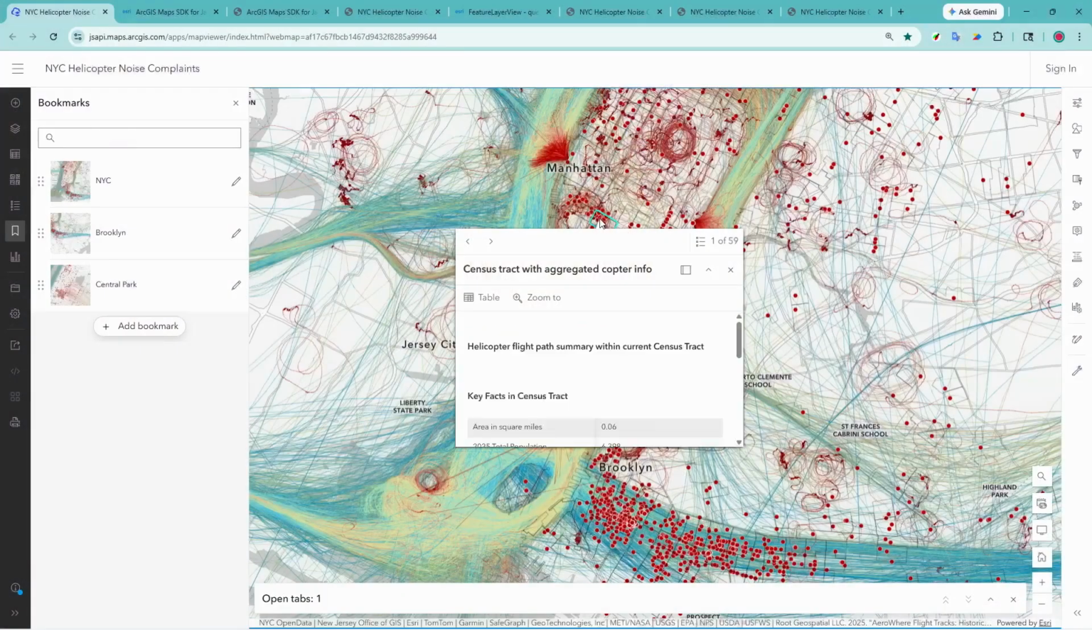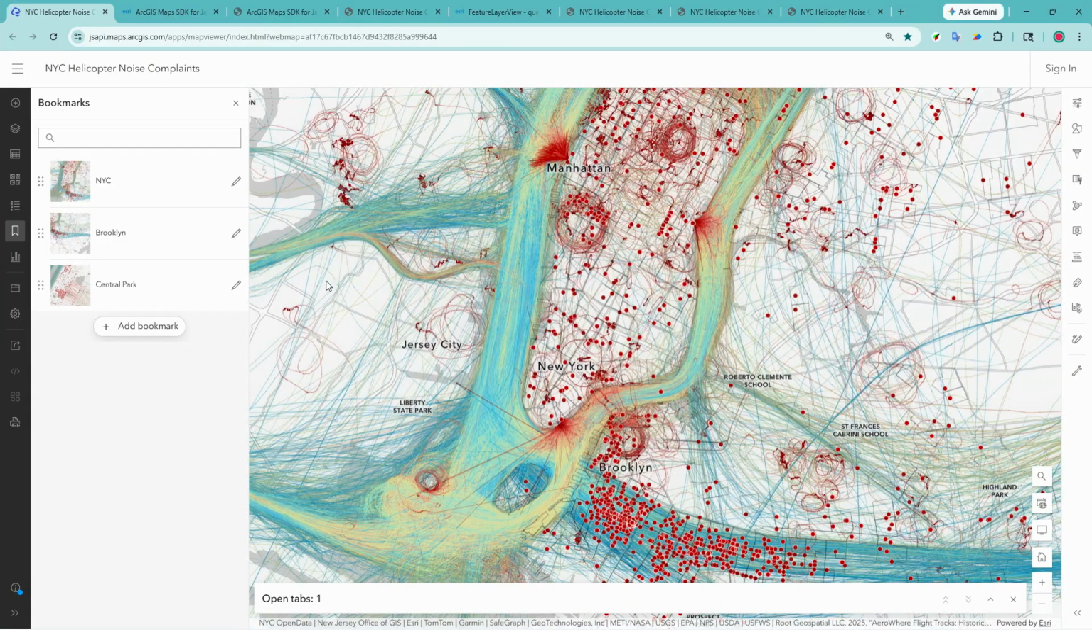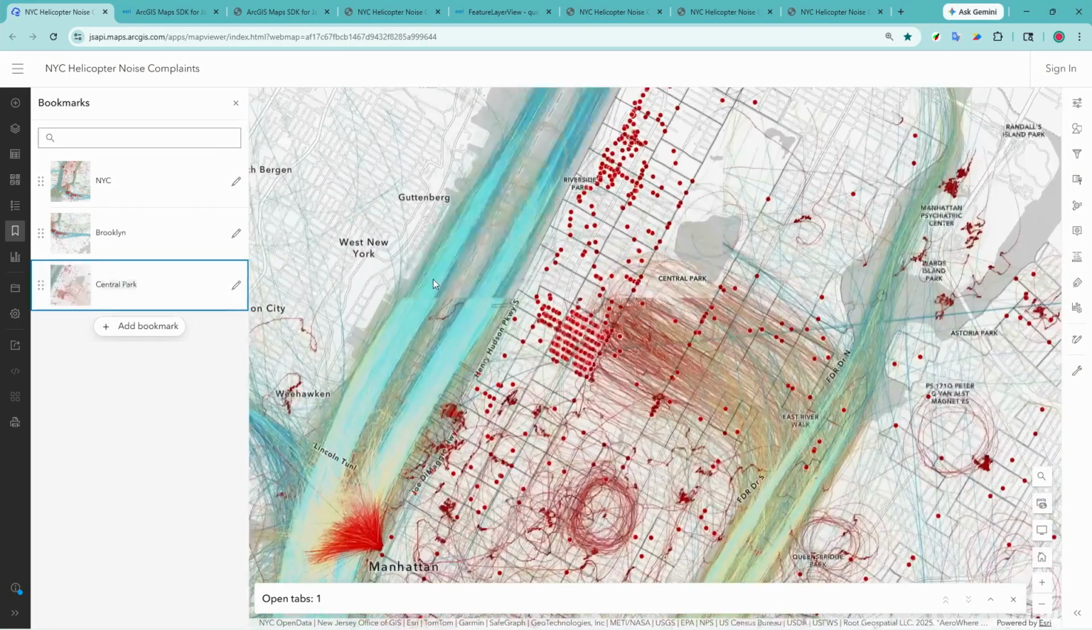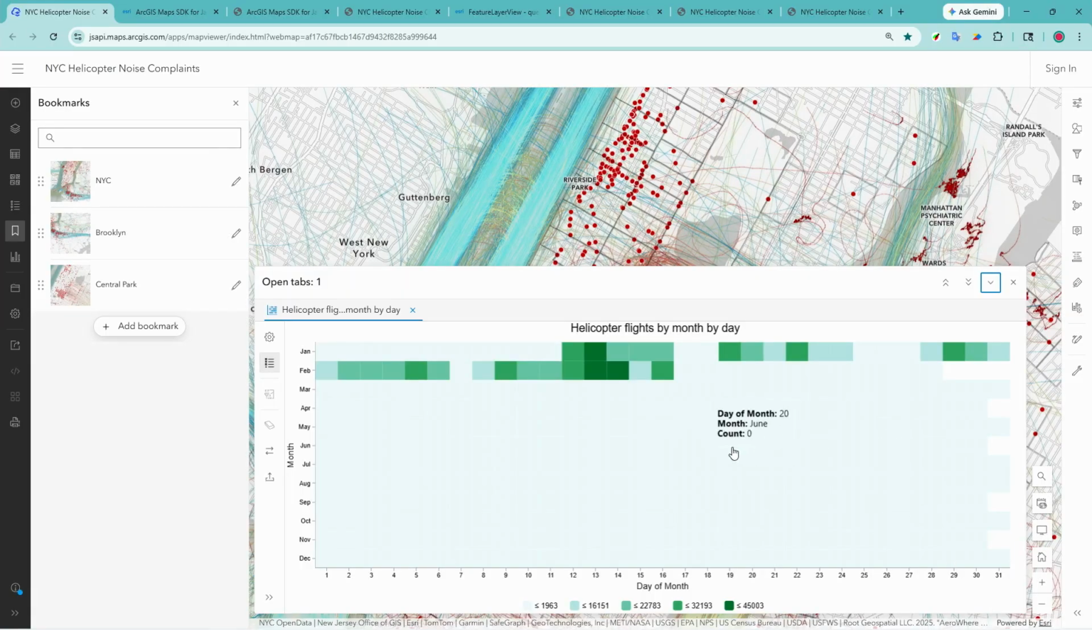OK, here we are in Map Viewer. We're looking at the web map that Jeremy made earlier with the helicopter flights and the noise complaints in New York City. Now, there's a lot baked into this web map. I can click on a census track and see a really informative pop-up. I've got bookmarks here for different areas of interest, like Central Park. And I have a collection of charts, like this calendar heat chart, showing me the density of when flights were